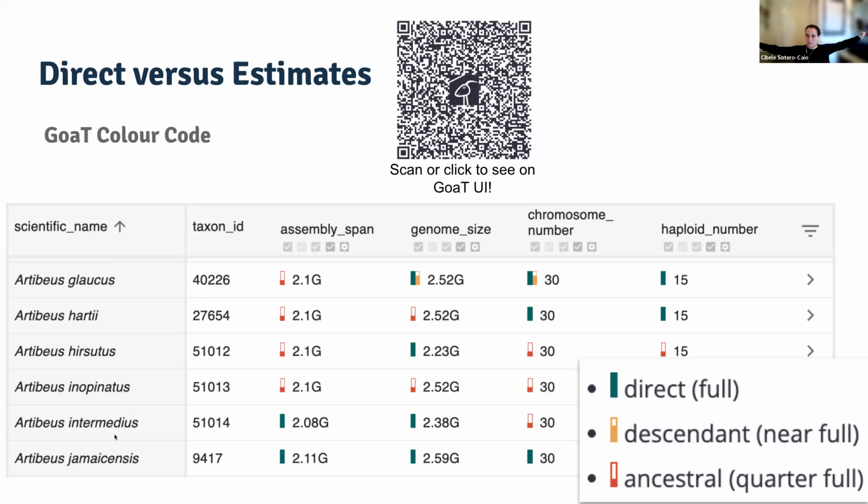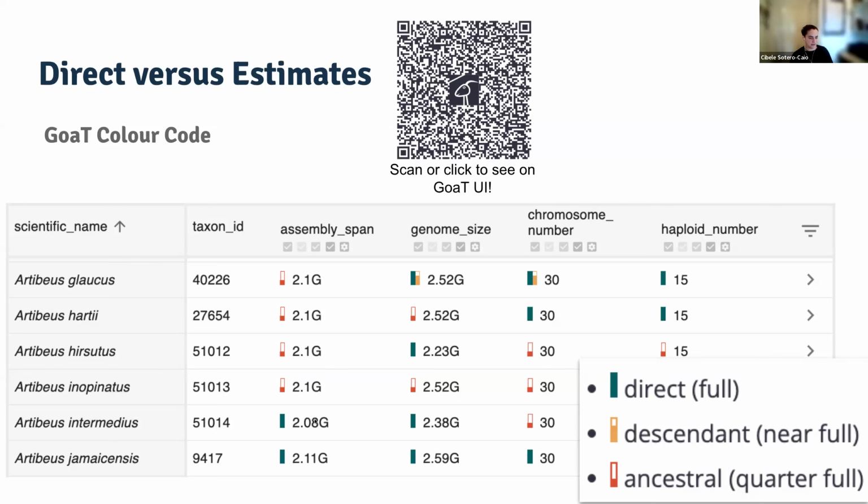So how big is your assembly? It's the same nomenclature that we have for NCBI. There is a glossary in NCBI Datasets, and most of the terms that we use on GOAT for assembly are in the NCBI Datasets glossary page. I'll also put the link at the end of the presentation as resources for you.